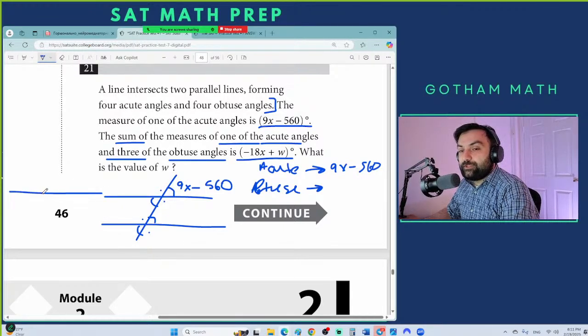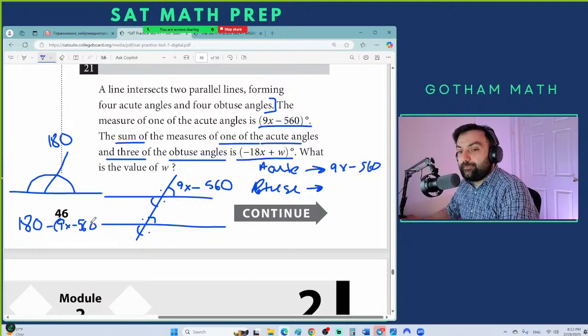Two angles that stand on the same line are called supplementary angles, so they add up to 180 degrees. If we know one and don't know the other, we can represent the other one by subtracting the one that we do know